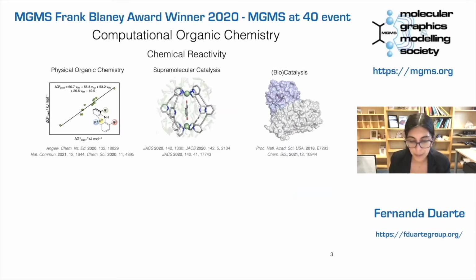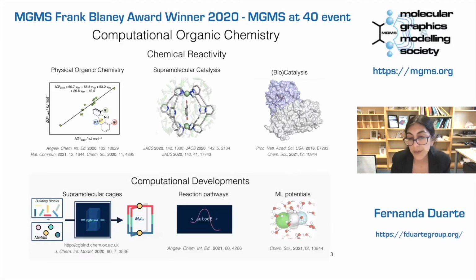So very briefly, for those that don't know us, we are really focused on computational organic chemistry and very much interested in understanding how chemical bonds are formed and broken in different reactions. And we do cover different areas, in terms of the application, but also the size of the system that we look at and the tools that are used, going from very small molecules in solution to more complex reactions in enzymes. And really, we try to take a similar approach in all cases, trying to understand the smallest possible model, looking at the fundamental chemistry that is taking place there, and then understanding how different effects, for example, solvent, a catalyst, or an enzyme are affecting selectivity and catalysis.